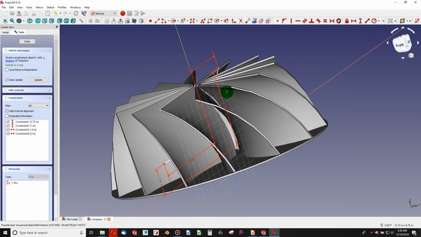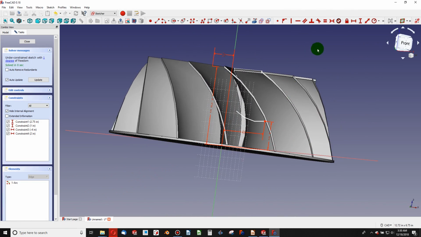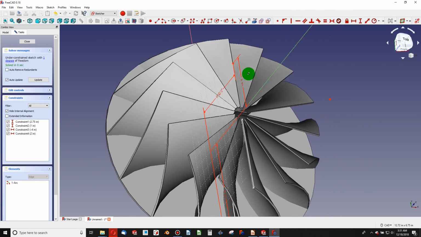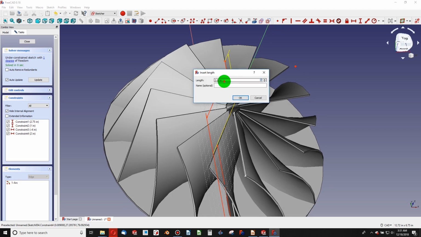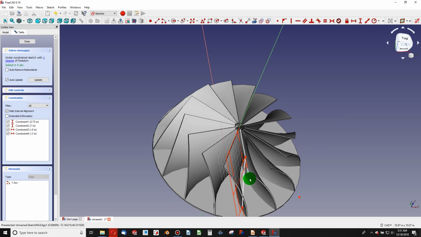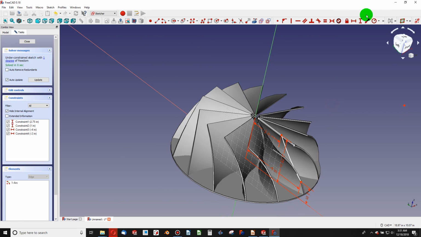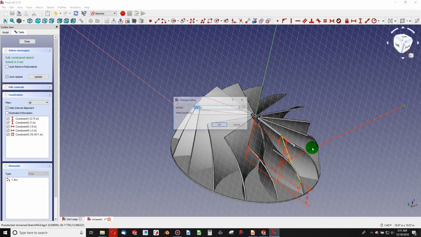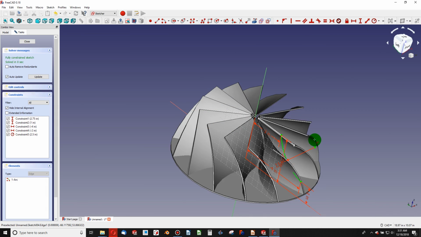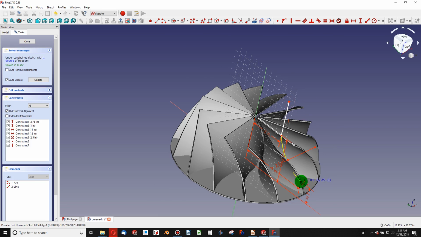And now, if we look at our radius, let's go -2 inches. Looks much better. In SolidWorks, we did a radius of 2.5, and then vertical,